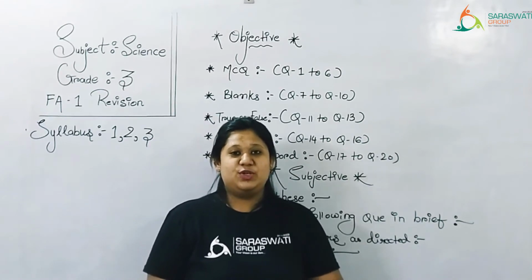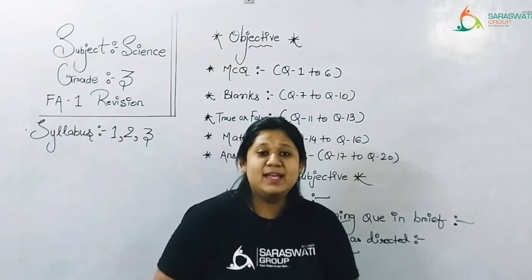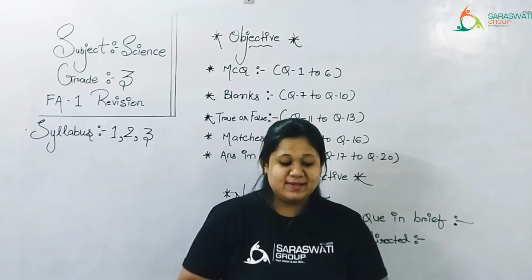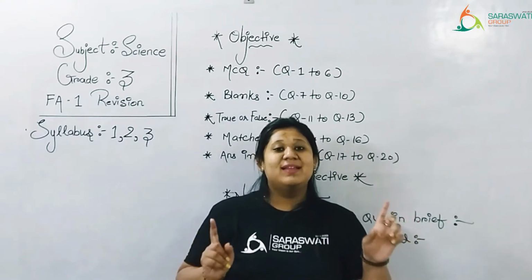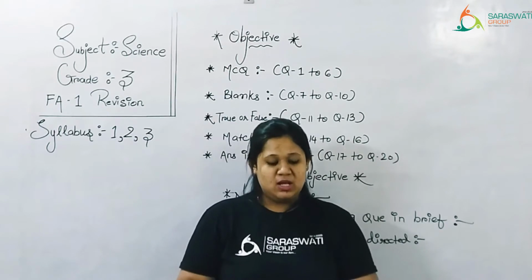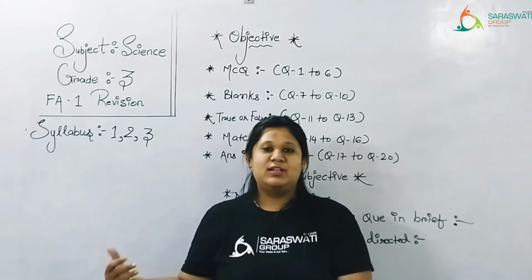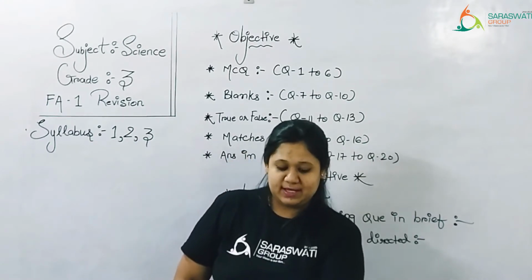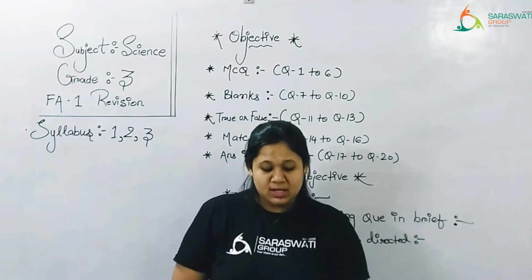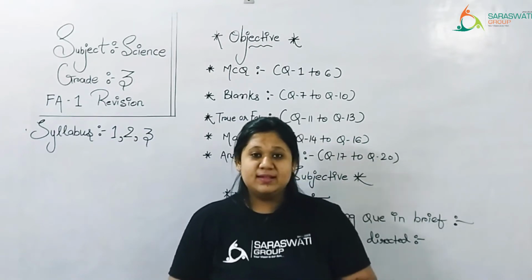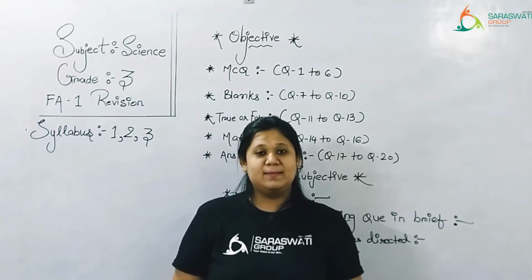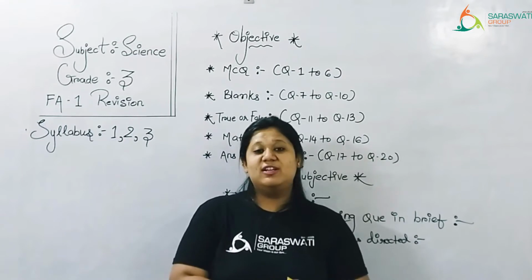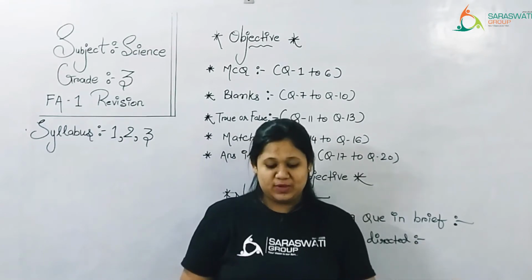First, let me tell you the definition of living things and non-living things. The things that have life in them are called living things. And the things that do not have life in them are called non-living things, right? So living things move, non-living things cannot move. Living things grow, non-living things cannot grow. Living things breathe, non-living things do not breathe. Living things need food and water to live and grow. Non-living things do not need food and water to grow, right?